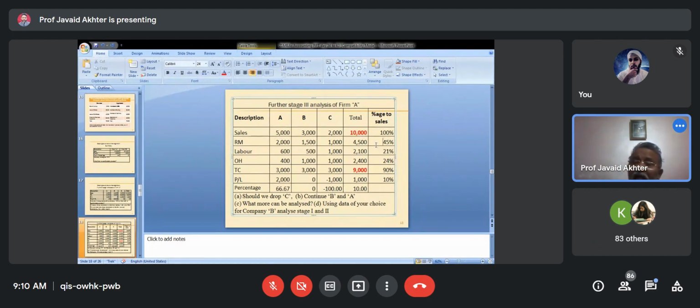For example, in a bank, what money will be spent on raw material? Nothing. All will it spend only on labor and on overheads like building, rent, etc., etc. In a consulting organization, in a medical setup, huge money on the equipments, also on medicines, also on the salaries and the consulting fees, etc., etc. So depending on the industry, then only we can say that this firm, suppose the industry average is